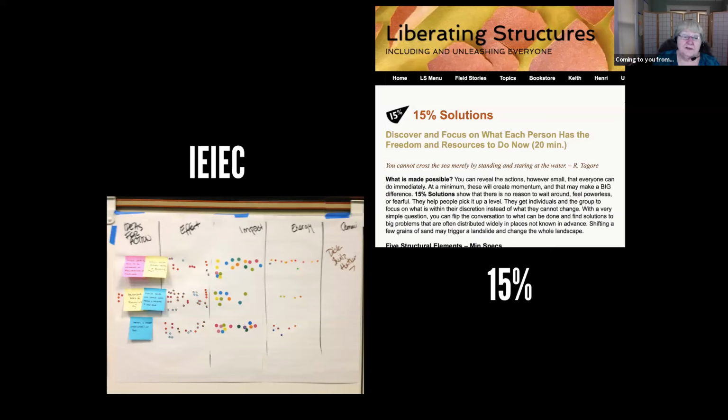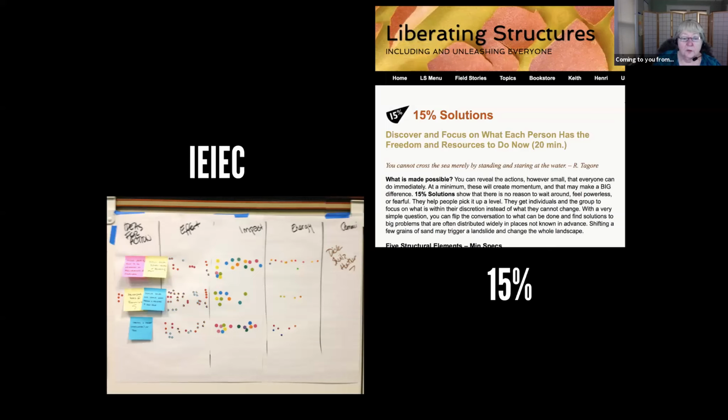Another way that we do that, if the group has been pretty focused on, hey, these are the ideas that we want to go after, and they're already clear about that, then a way to get them to decide which one they want to move forward is this EIEIC, which stands for Ideas, Effort, Impact, Energy, and Commitment. And on this one, you can see we put some flip chart paper up on a whiteboard. And they really only had 3 ways forward that they were interested in pursuing, but they needed to choose among them.